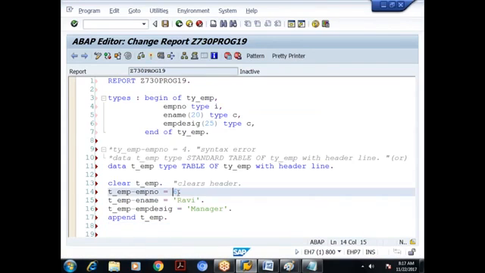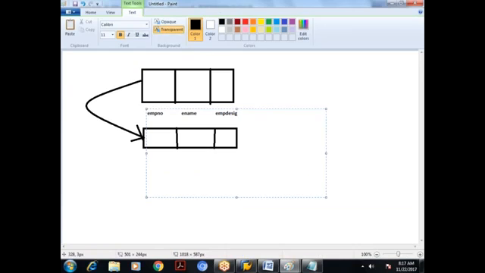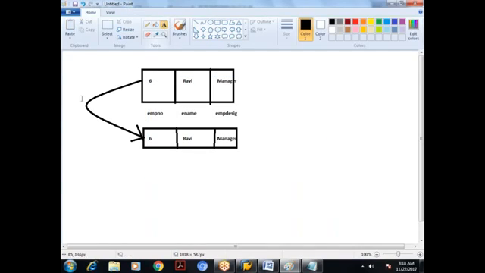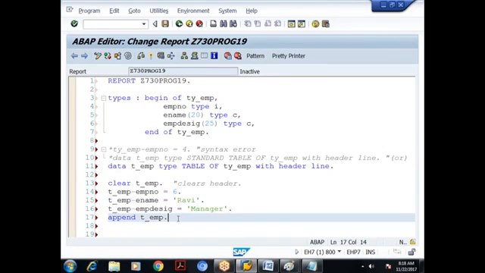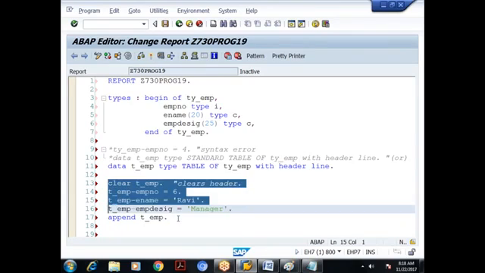What is the data you stored in the header? 6, Ravi, and manager. So let me put it here. This is 6, this is Ravi, and this is manager. The same data we are appending to the end of the internal table. So this is again manager. Okay, so which statement is doing that? Append. Done. Then once again let me assign one more data.